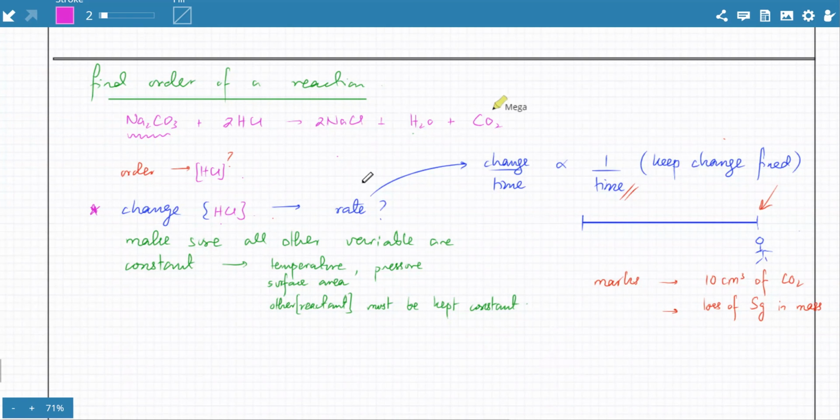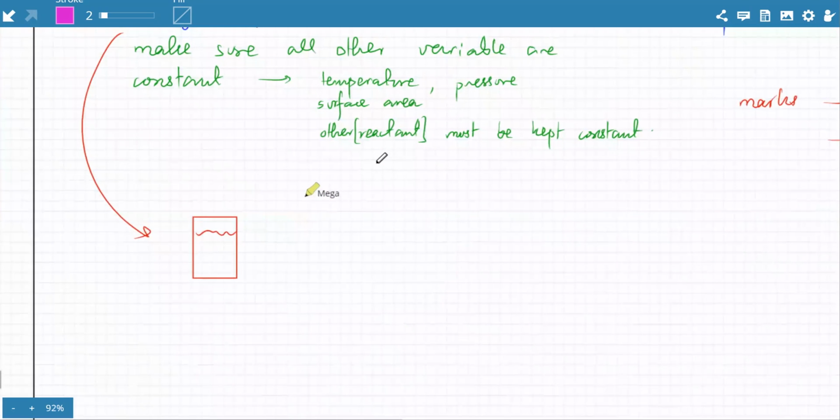Achha, so remember this. No need to actually measure the rate when you're trying to find the order of the reaction. Achha, the other thing, how would you change HCl's concentration? Because in your lab, let's say you're given a 0.2 mole per dm cube. No one gives you multiple HCl solutions with different concentrations. So given a 0.2 mole per dm cube solution,